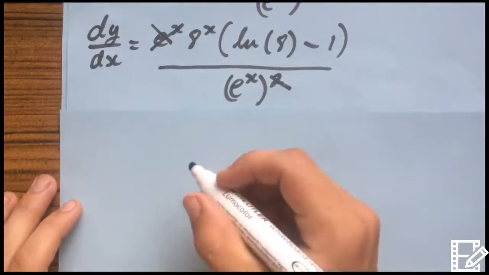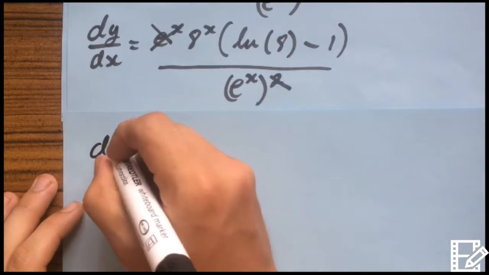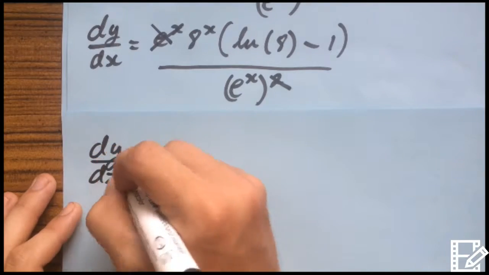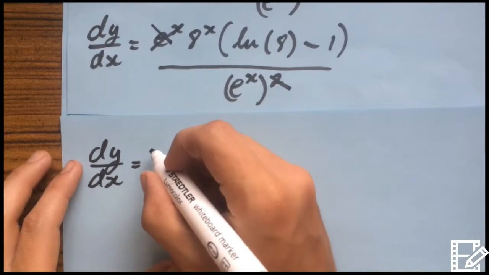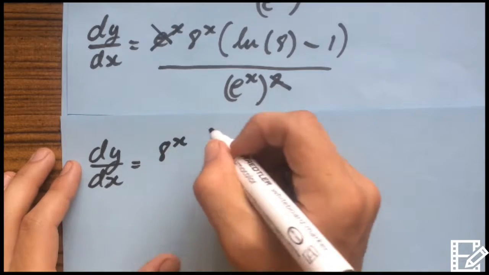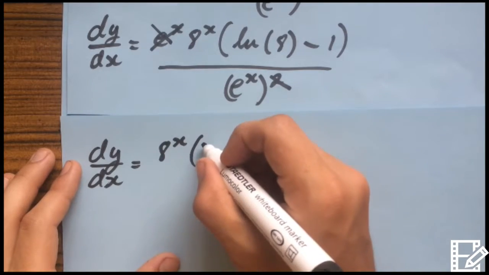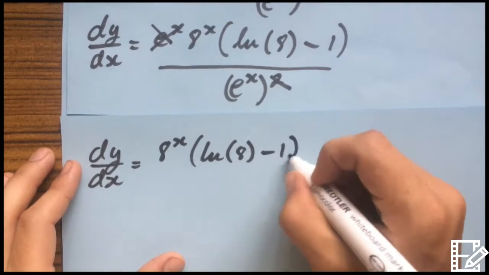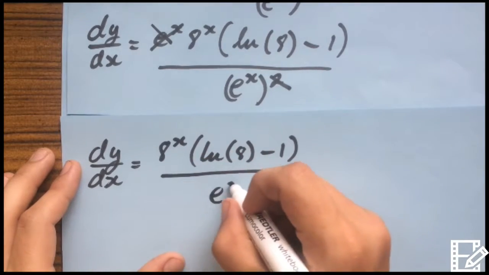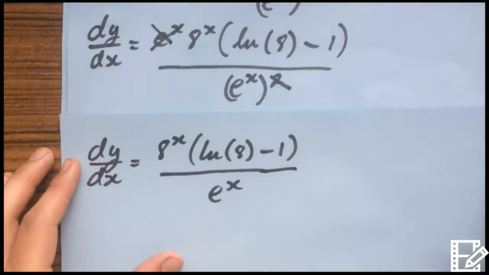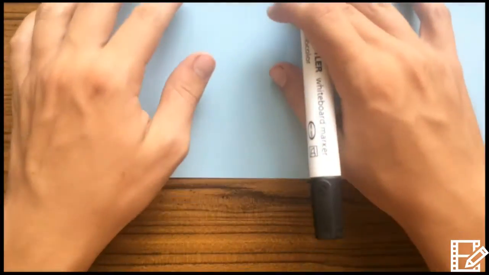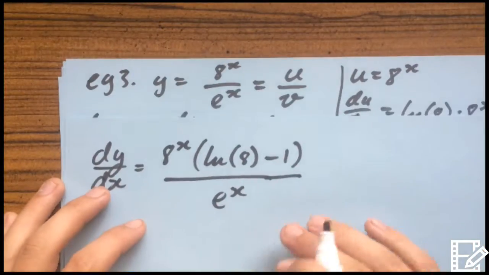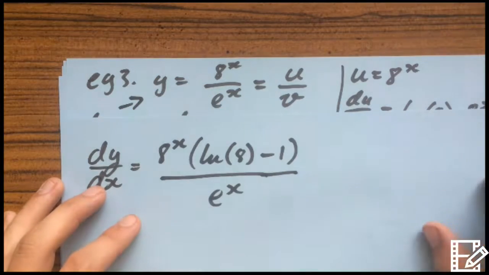and what we'd end up with is 8 to the power of x, bracket ln of 8 minus 1, over e to the power of x. And that is the derivative of this function up here,